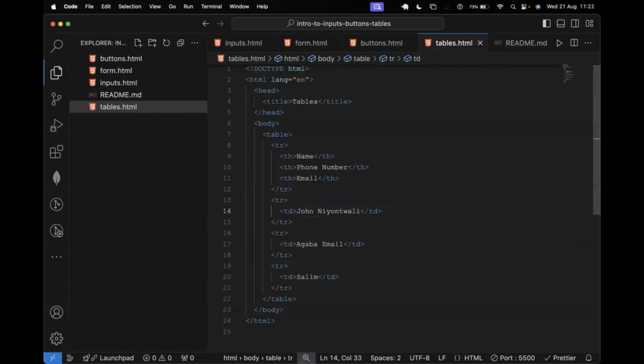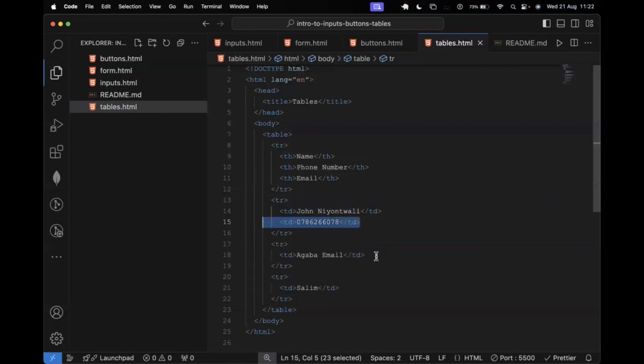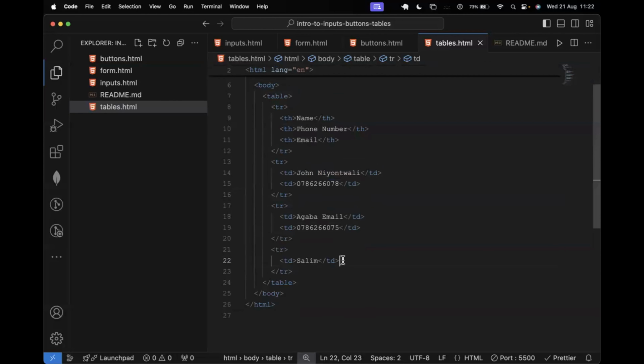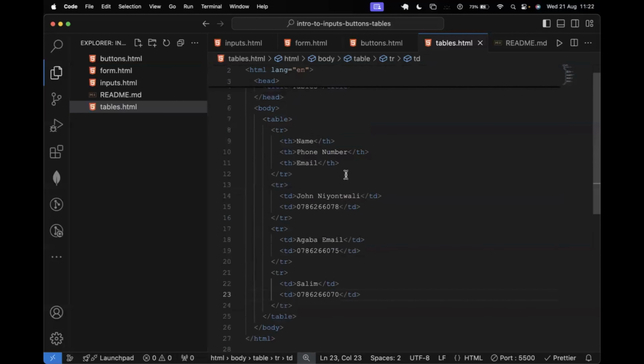We should include another table data now for the phone number. I'm actually going to use the same phone number. So again here, I'll have another phone number. Maybe let's change it to 5 like this. Again here, I'm going to have another phone number, which is like this. Then I'll move on again to email, right? So now the email will be again with the table data of maybe